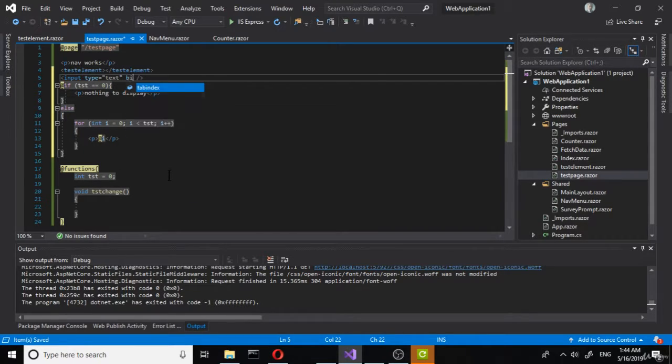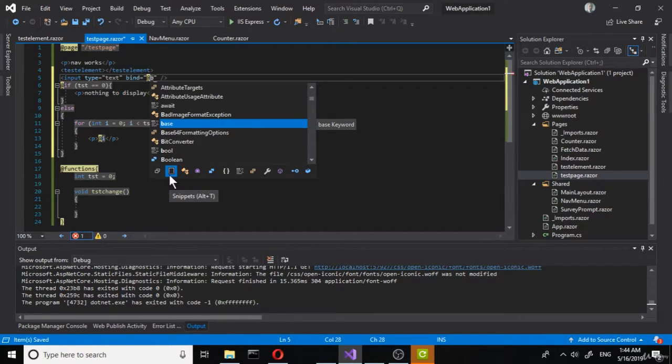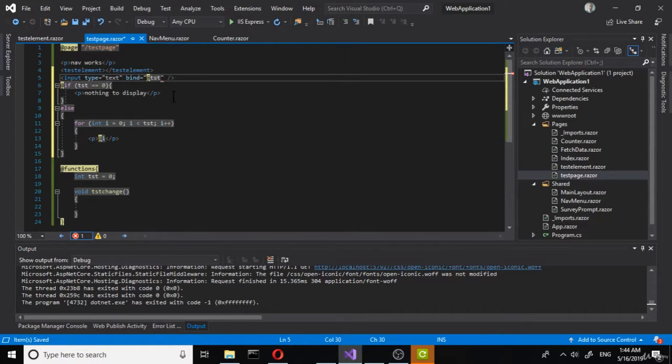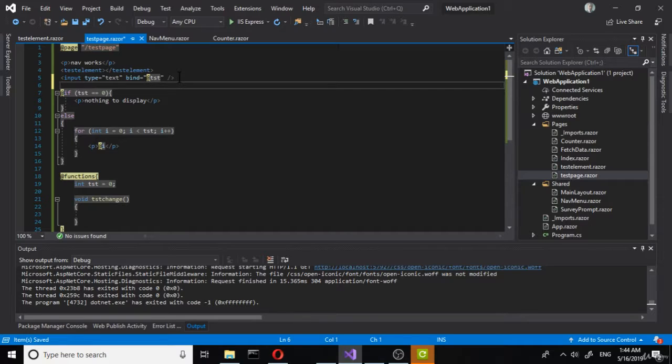You simply need to write bind, not tab index, but bind. You need bind, and then you will bind with this TST, just like that. So we will see if that works out. Again, you never know. We will see if that works out, but we want to actually